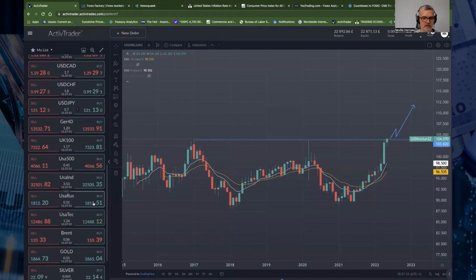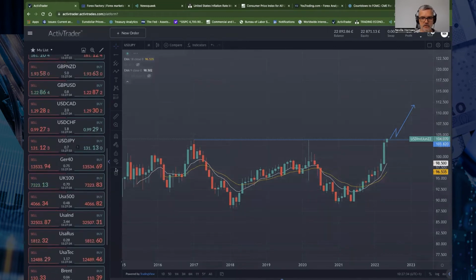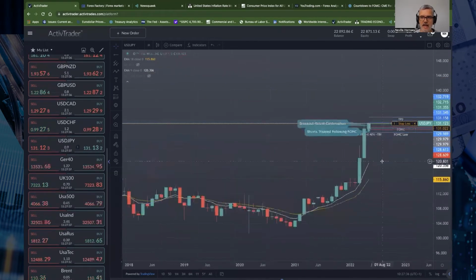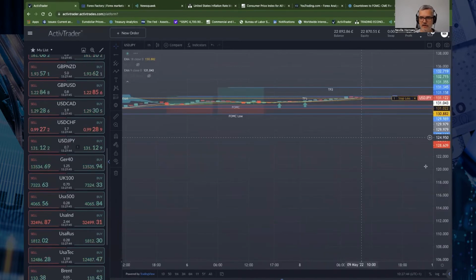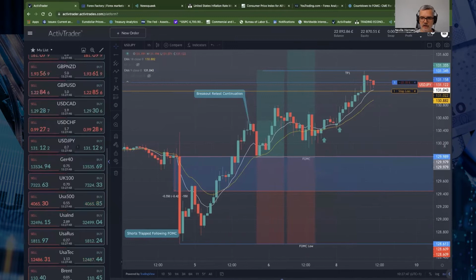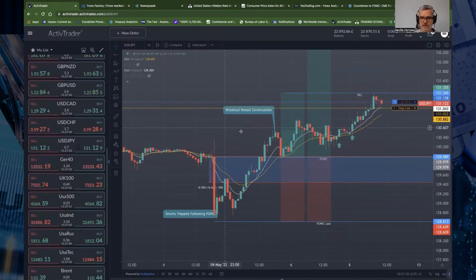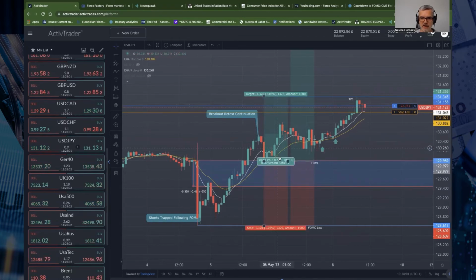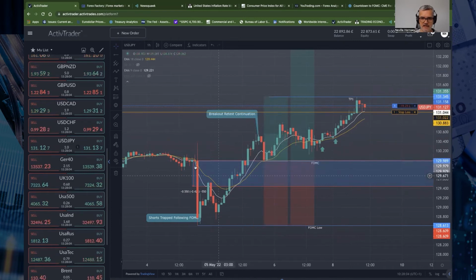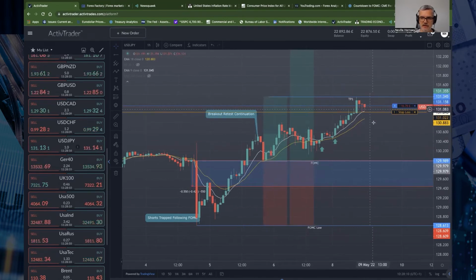So going to the dollar versus the yen, obviously very sensitive to inflation, the dollar, and energy prices. We can see that we're making higher highs and higher lows on a monthly chart. If we go down to an hourly, anyone that was short on the FOMC this morning, I wrote that they're trapped short, and they've obviously bailed at this point here. So come the 5th of May, around market close, they got stopped out. We had a retest of the FOMC opening price, and then we're pushing higher. So we're just looking to keep buying the dips.